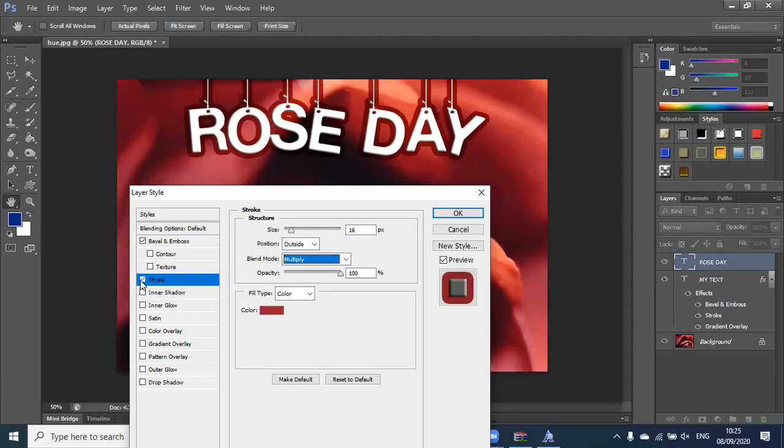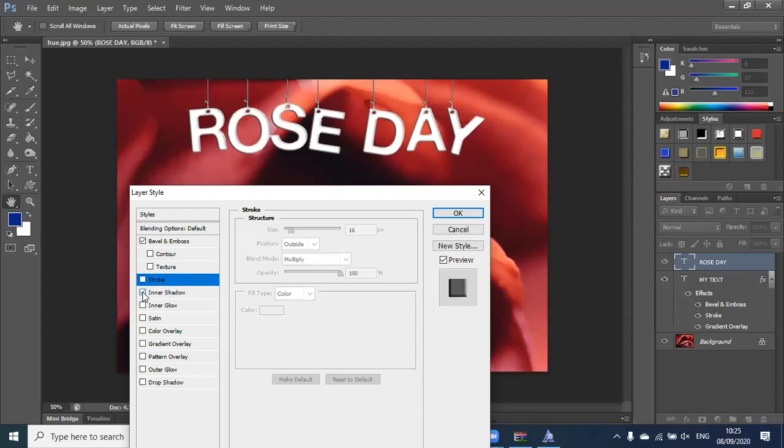Yes. So moving forward, we've done stroke. Let's move to the next one. Okay, see, not necessary that you will use all the layer styles together. It's not necessary. You like something, you use it. If you don't like it, you can remove it. Eye off, it will go. Okay, let's try shadow. Inner shadow. Shadow within the text can be called inner shadow.